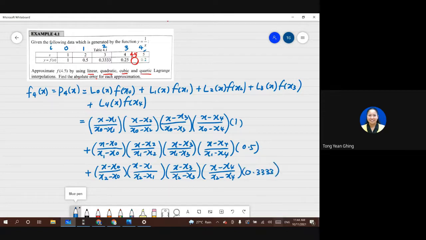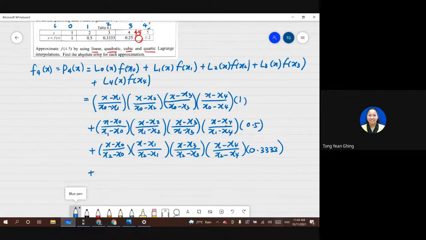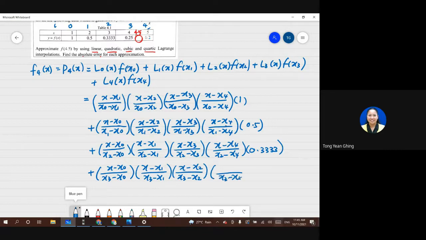0.3333, plus (x3 minus x0), (x minus x0), (x3 minus x1), (x minus x1), (x3 minus x2), (x minus x2), (x3 minus x4), (x minus x4), times the value of f(x3), 0.25,